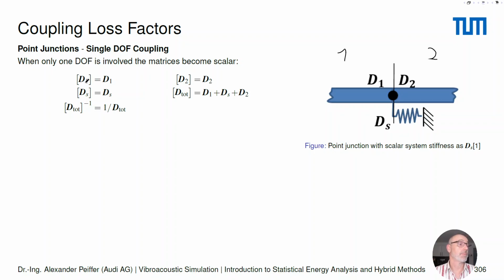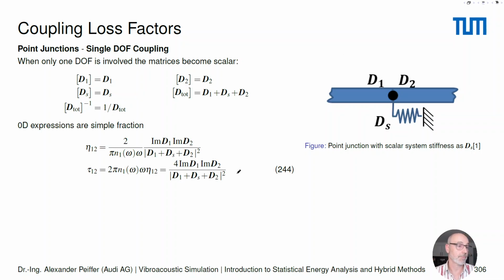That means we have the matrices are now scalars, which will be D1 and D2. The system in the middle would be given by this simple spring stiffness. The total stiffness is just the sum of all of them. And the inverse is also quite easy because this is scalar. It's just the reciprocal of the total stiffness, scalar. This would give us the so-called 0D expression for, let's say, a simple junction. This will be the expression for the coupling loss factor, and this would be the expression of the transmission coefficient